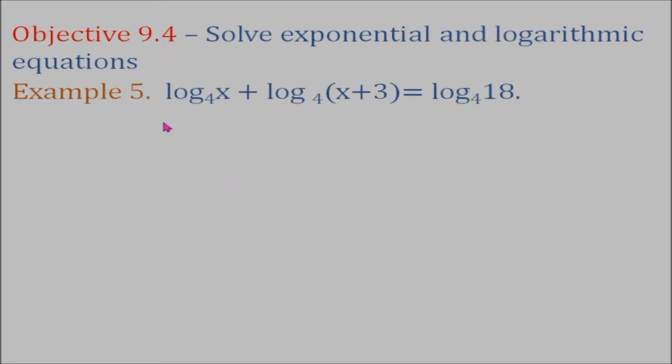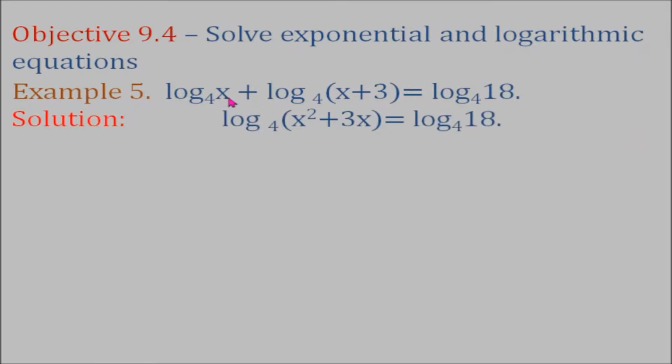Example number 5. Solve log base 4 of x plus log base 4 of the quantity x plus 3 equals log base 4 of 18. Now, from our product rule, we can condense the left side of our equation. So, since it's plus here, we can multiply x and the quantity x plus 3, and that gives us x